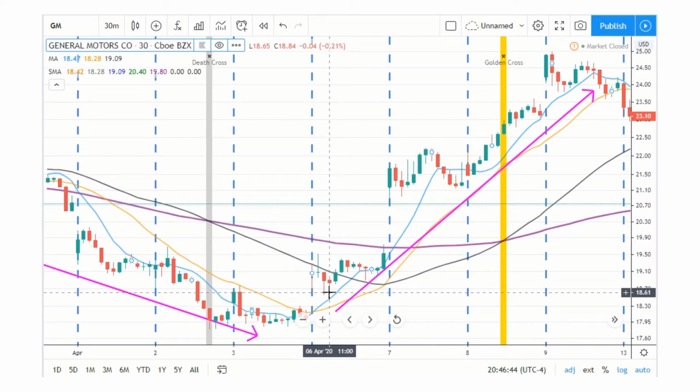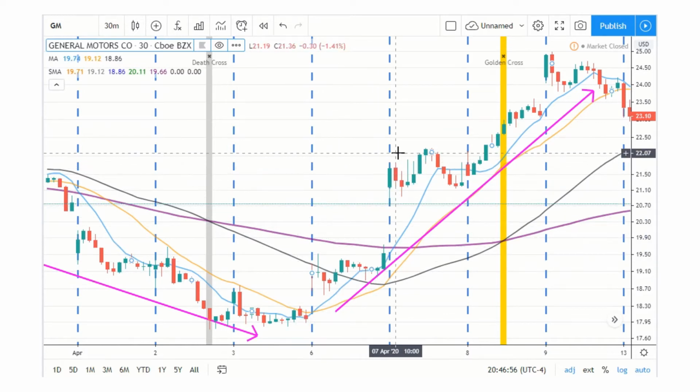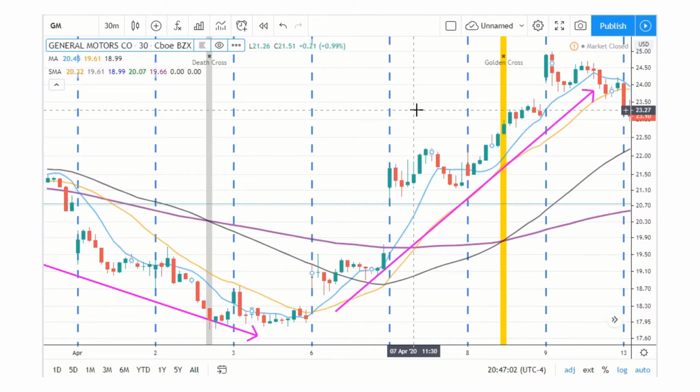You could have gotten in a few points earlier. Instead of 1888, you could have gotten in at 1860 or 1858. And then exit 2207. So that gives you a little bit more detail, because with the 30-minute time frame, you can see more